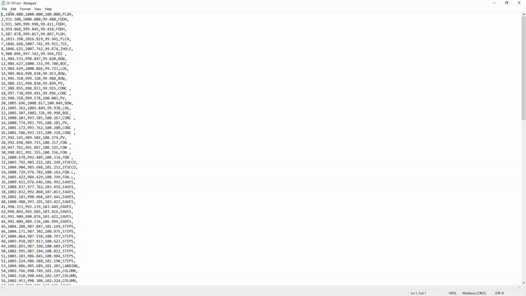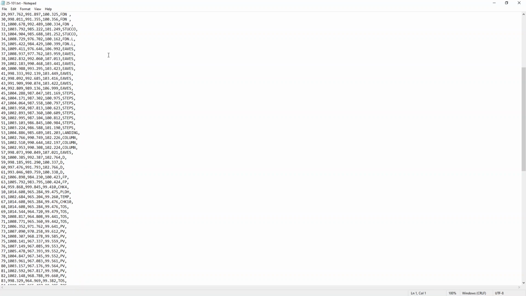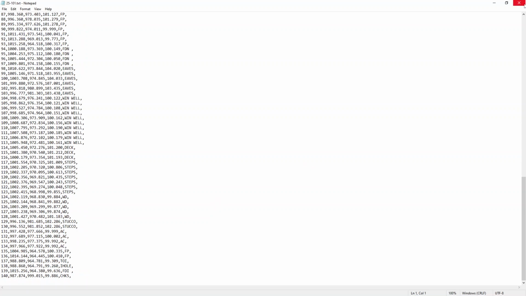Starts from point 1. He had just punched in, assumed the coordinate of 1,000, 1,100 on a drill hole. And then he backsighted point 2, gave it an azimuth of 180. Okay, so we have point number, northing, easting, height, and then description for every single point. So we're going to import this into AutoCAD right now. Okay,